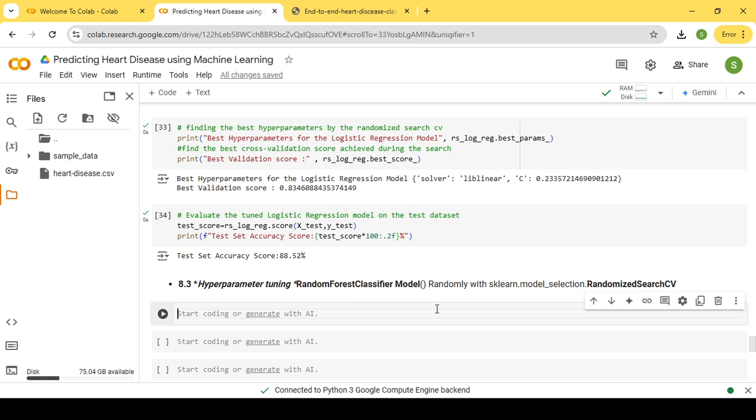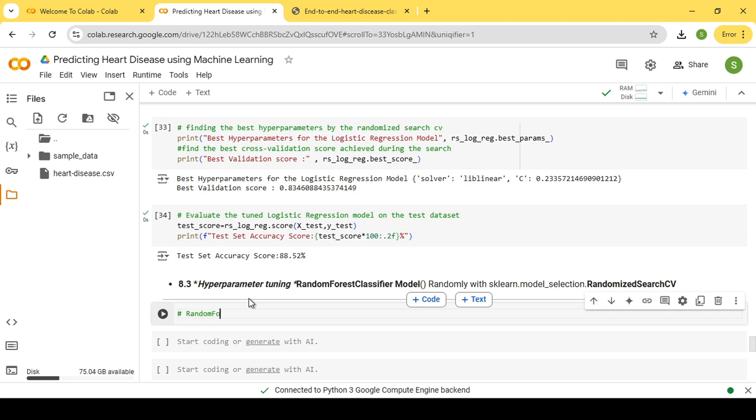So just to recall what is the randomized search CV method that we're gonna again use to tune the random forest classifier model. It's a method from the scikit-learn model selection module that performs a random search over the hyperparameter combinations to find the best model configuration or parameters. It's useful for hyperparameter tuning where you want to search through a range of different hyperparameter values for an estimator, such as a classifier or regressor, to find the set of parameters that yields the best model performance. To do that, we'll type now